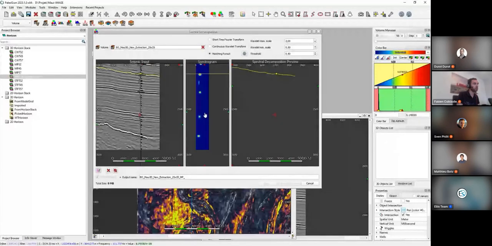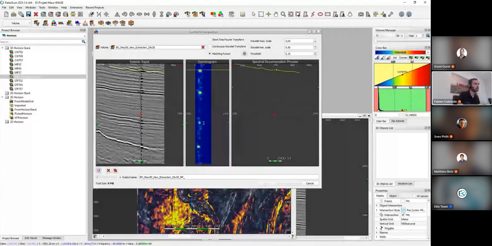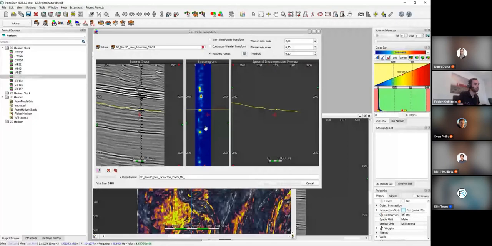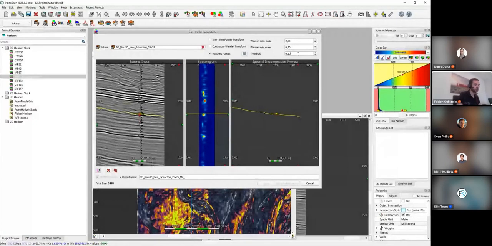Okay. And if we select a lower value for the threshold, of course, the iterative process will be longer, but we will have more information along the seismic trace. And then, of course, on the final frequency decomposed volumes. So, for example, I will use a threshold of 0.2, and I will select a frequency which is at